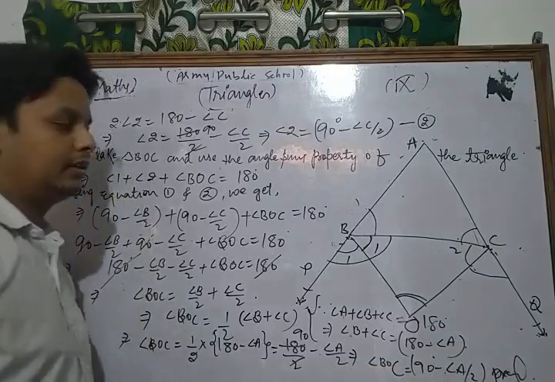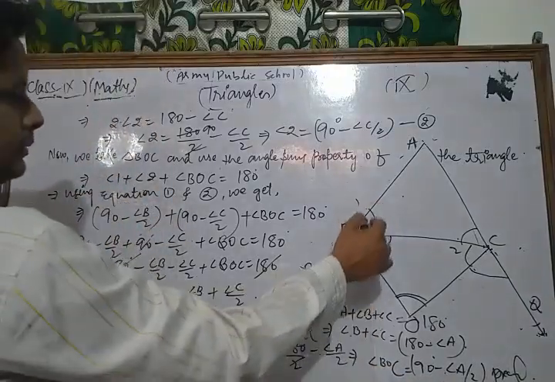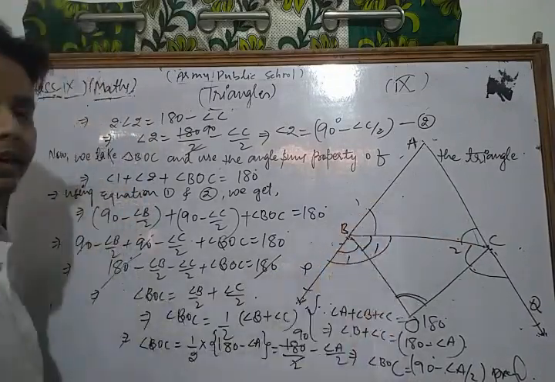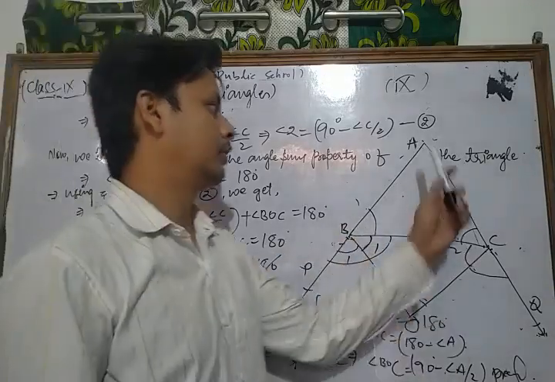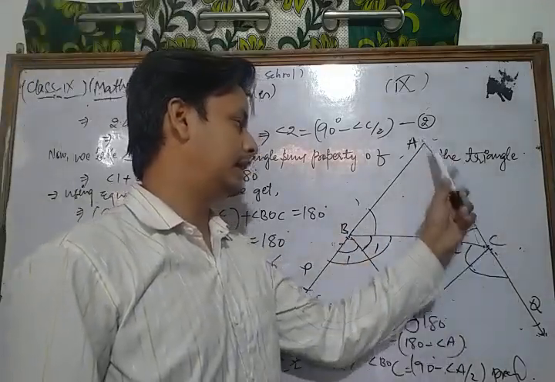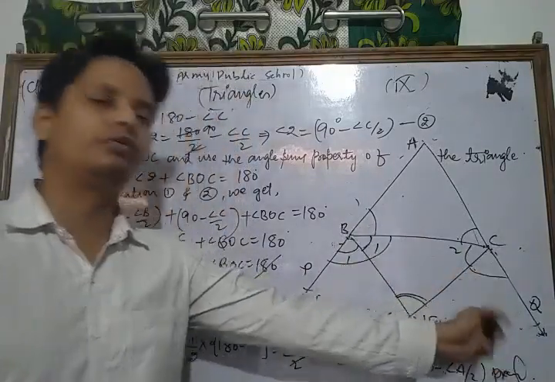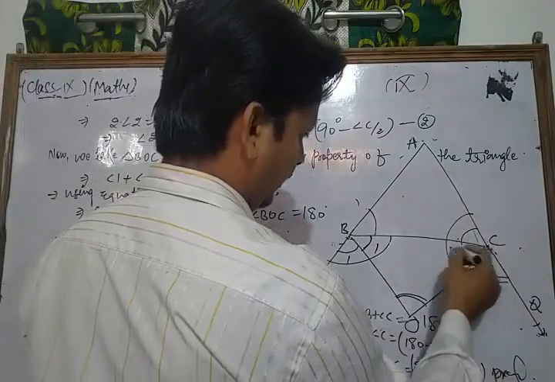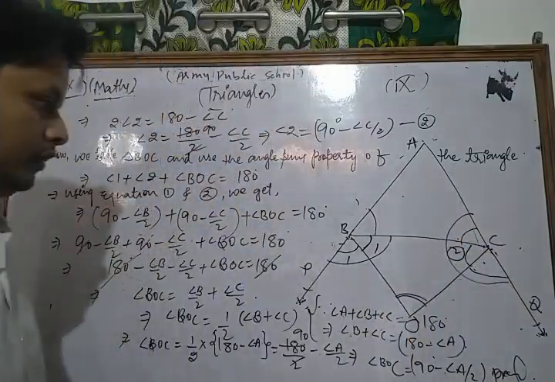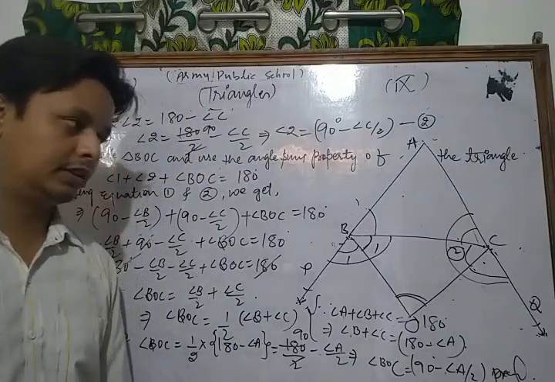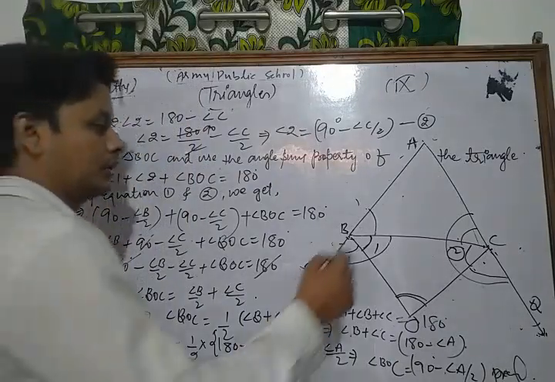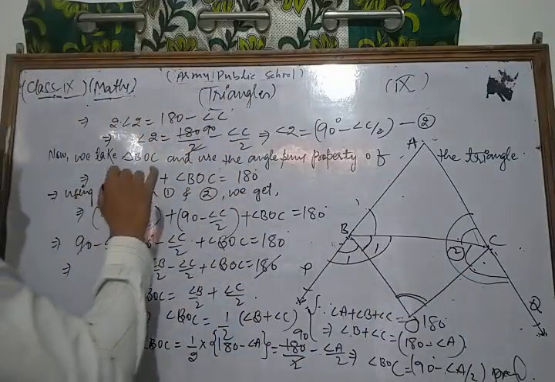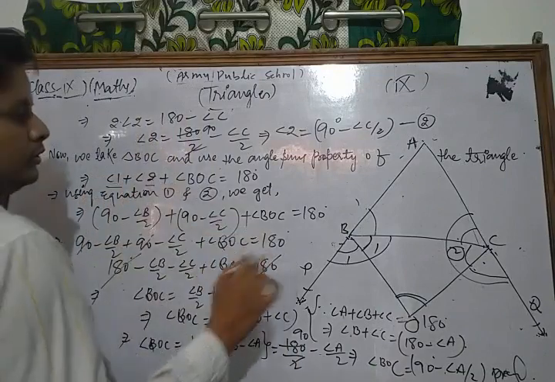So for proving that theorem, first of all we have angle ABC and angle CBP in the form of a linear pair. So from there we find the value of angle 1. Similarly, the angle ACB and angle BCQ form a linear pair. So always apply the condition for linear pair, we find the value of angle 2 from that side. In this we find the value of angle 1 and angle 2. After that, using triangle BOC and applying the angle sum property of the triangle, we put the value of angle 1 and angle 2,